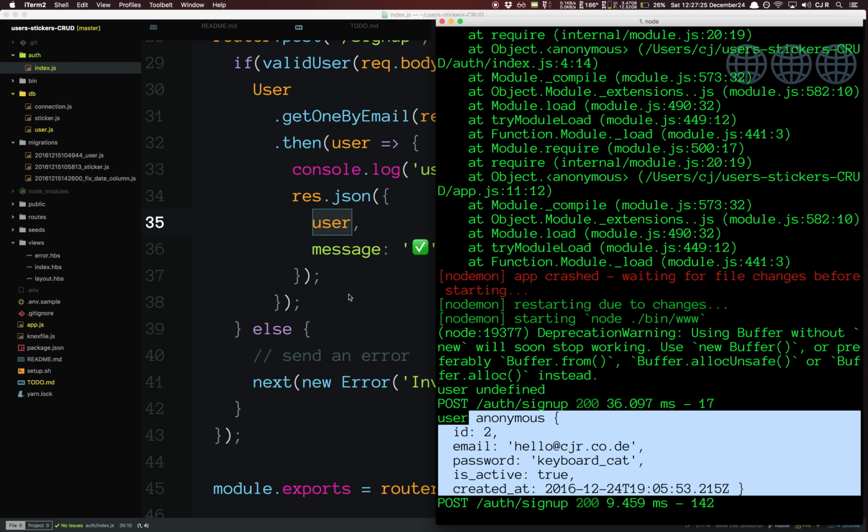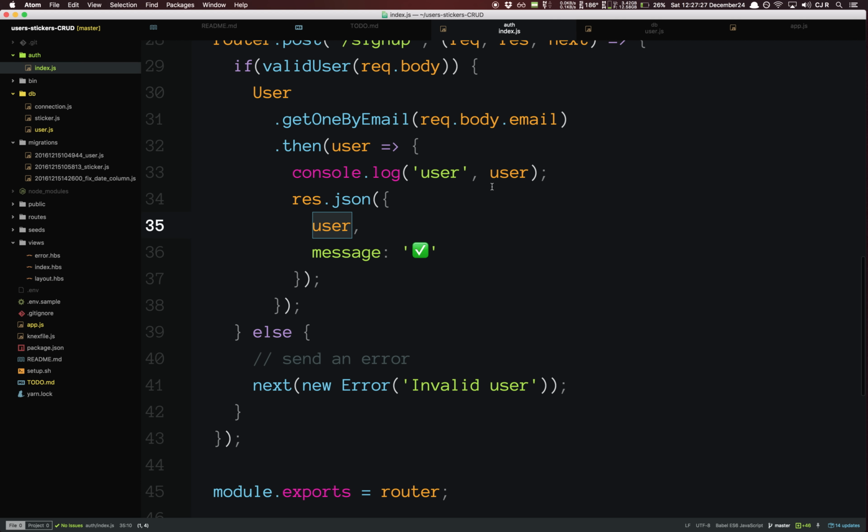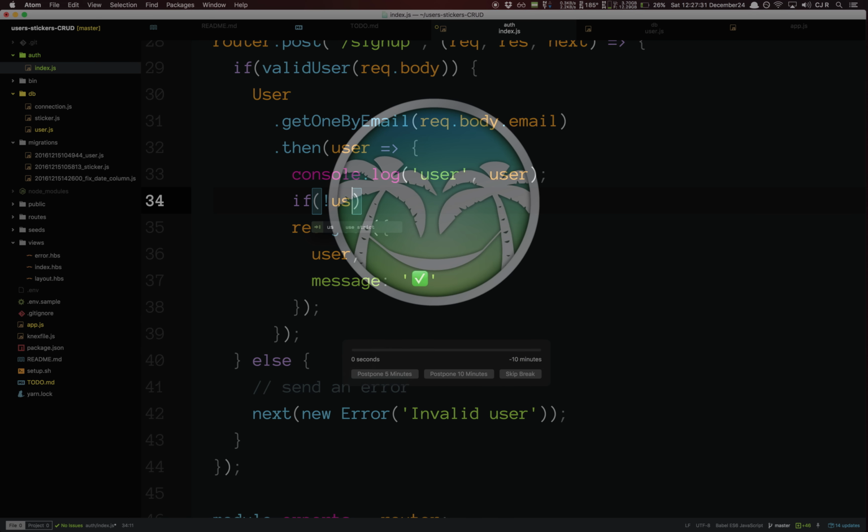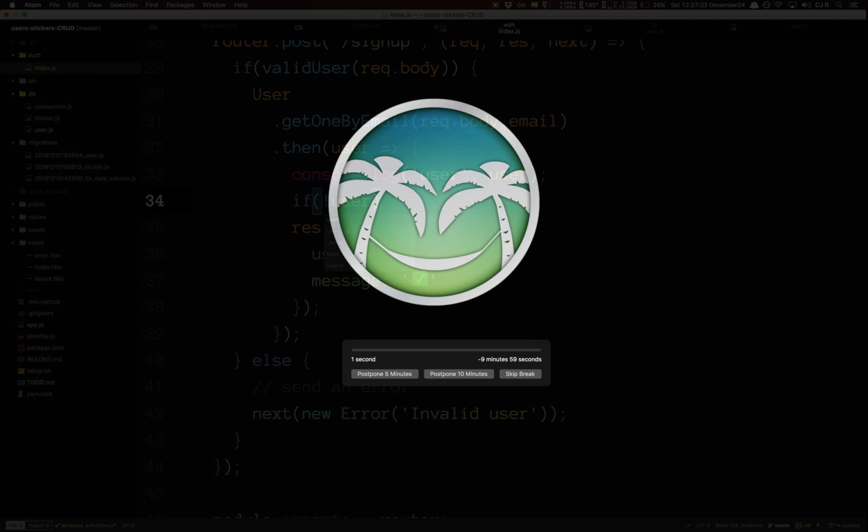So here's what I can do. I can check to see if the user was undefined. So right here, if we say if not user, meaning,